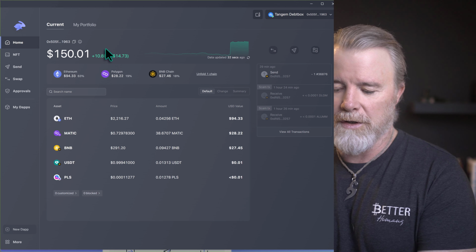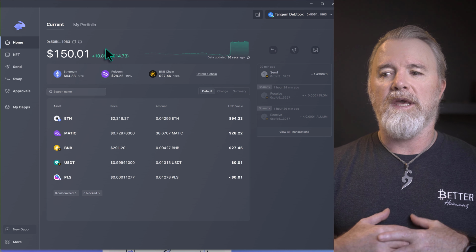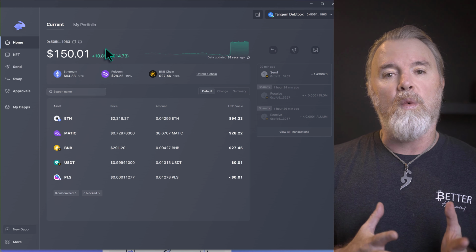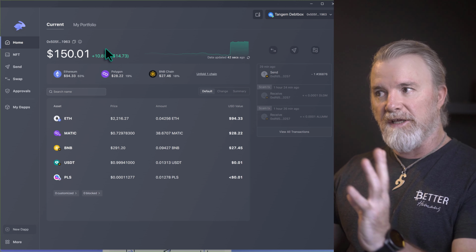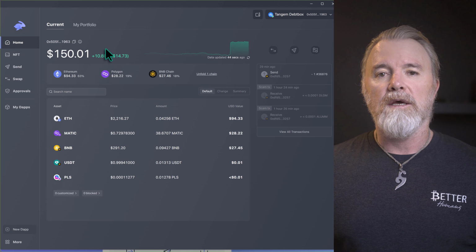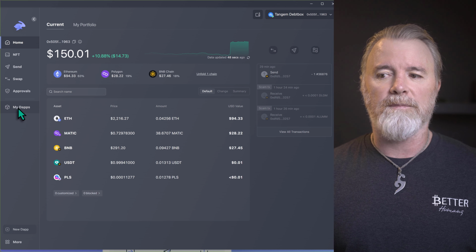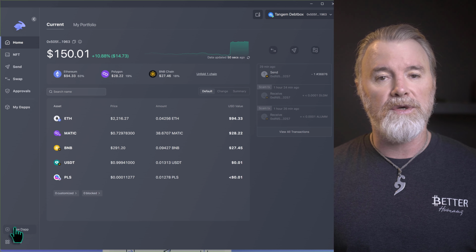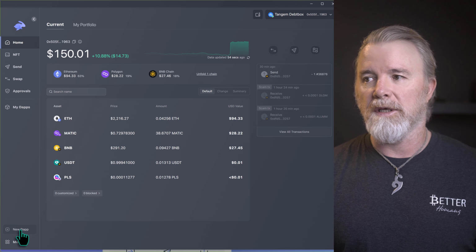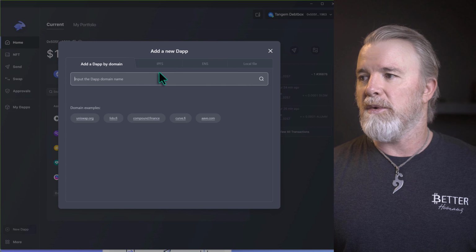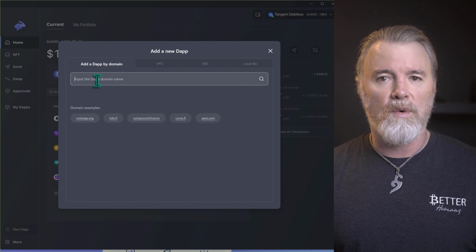Now what we want to do is bring the DEBTBOX rewards website, where we can stake our NFTs, inside Rabby, and we can do that by importing a DApp from here. If we look at my DApps, you can click on here, or you can come down to New DApp. I'm going to click on New DApp because that'll bring up the actual box that we need. All we need to do is put in the domain name for the DEBTBOX rewards site.